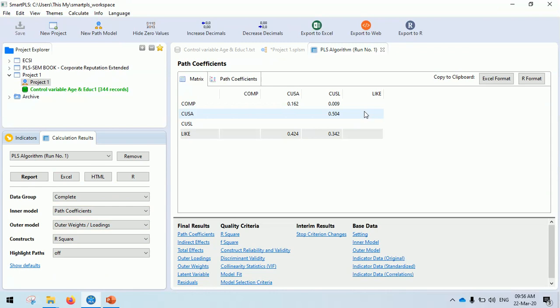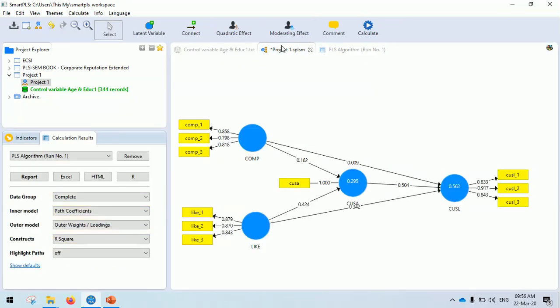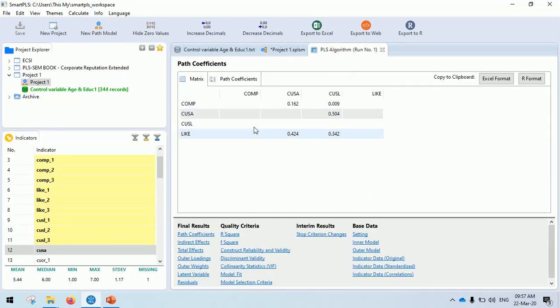So now I will have my report, and we are going first to explain all these numbers. You can see here we have so much information. This is the path coefficient. If you want to go back to your model first, the first one, you can see now there are the numbers, and you can see this is the loading here, which we are going to discuss after. So the first thing you need to see is